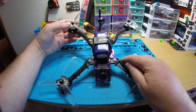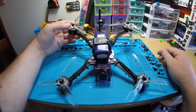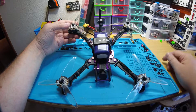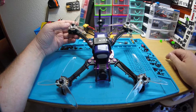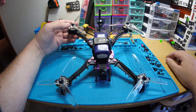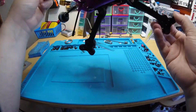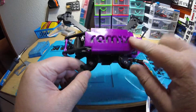Because the last one that I got just came with orange hardware, and it used to come with gold hardware. But now I see on Race Day Quads' website, they have a bunch of different colors of just the hardware that you can buy, but it's like 30 bucks. So I'm wondering if you bought this hardware and it came with orange or gold. I'm really curious, because on the last one I got, I was really hoping for it to come with gold, and it came with orange. I've never seen it come with orange, and I've done a few of these before, and they always came with gold. But yeah, anyway, man,